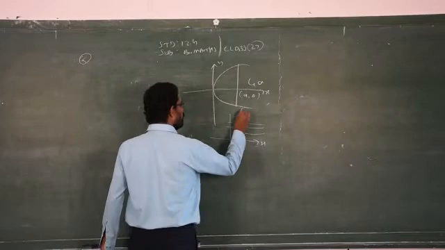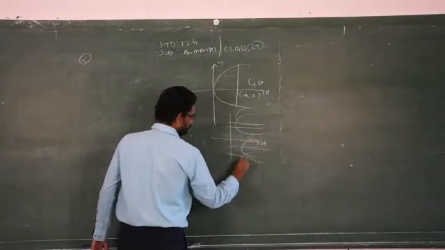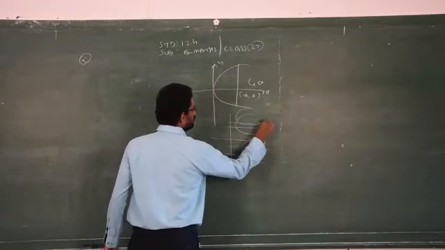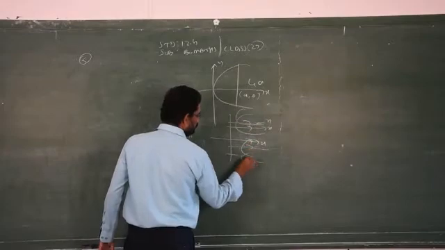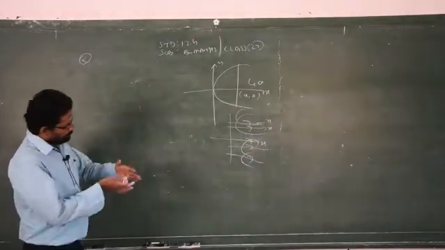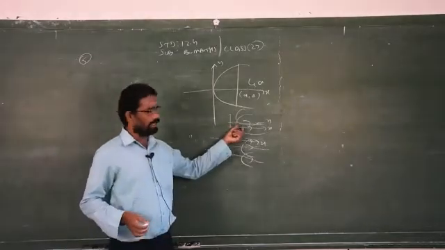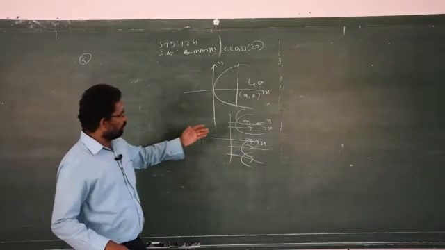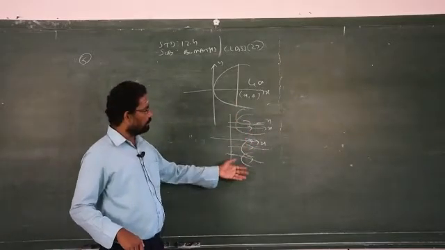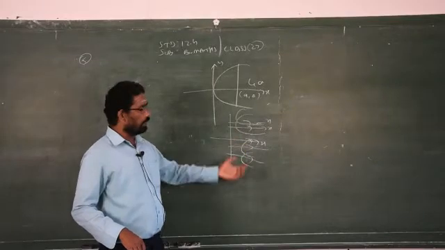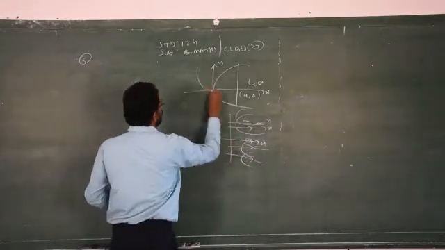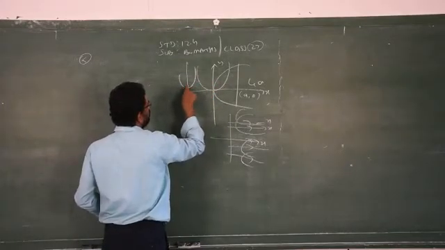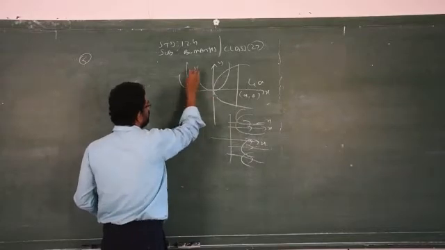So I can draw so many parabolas, because the axis of this parabola is parallel to which axis? Parallel to the x-axis. So you have plenty of parabolas, depending upon the center and the focus. But when you draw the parabola like this, all the axes of these parabolas should be parallel to the x-axis. You cannot draw like this. This axis is not parallel to the x-axis; it is perpendicular to the x-axis.